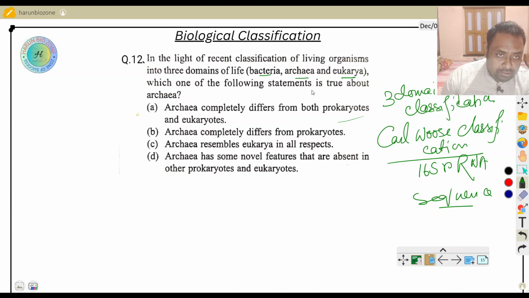Which one of the following statements is true about archaea? Archaea completely differ from both prokaryotic or not. Archaea